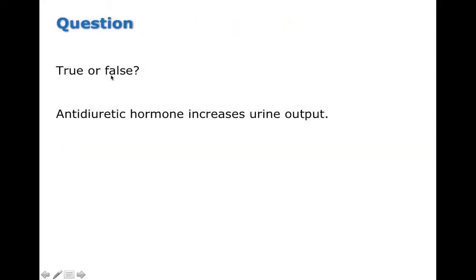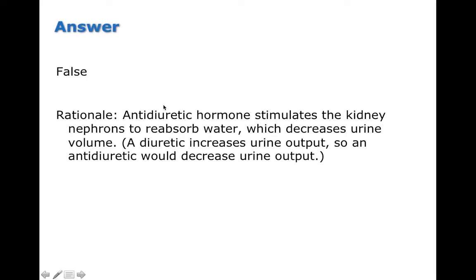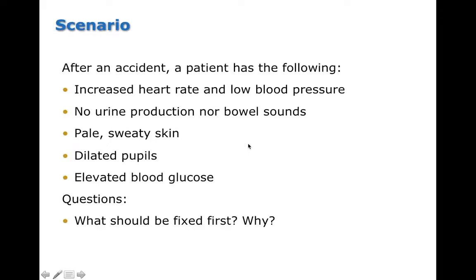So this question here says, true or false, antidiuretic hormone increases urine output. And we just learned that that's false because antidiuretic hormone actually stimulates the kidneys to reabsorb water. So you actually would decrease the volume of urine that's being produced. So this scenario here says, after an accident, a patient has the following. So increased heart rate, low blood pressure, no urine production or bowel sounds, pale, sweaty skin, dilated pupils, and elevated blood glucose. And all of these signs and symptoms are associated with the